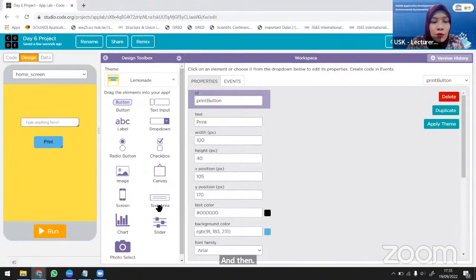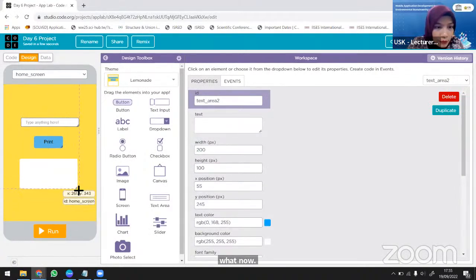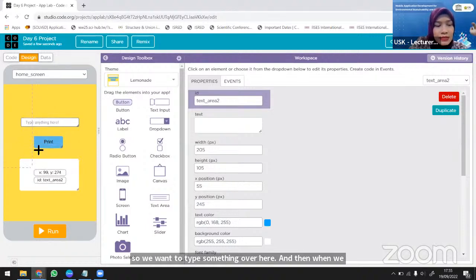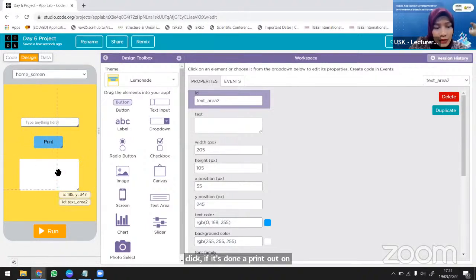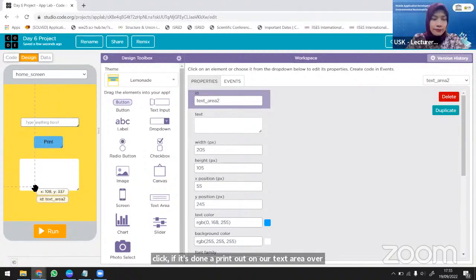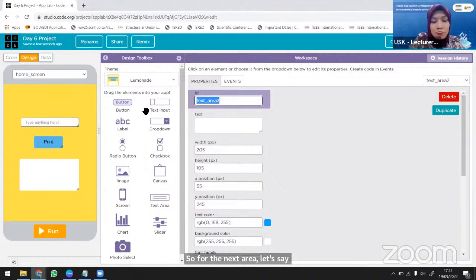what now? We get the text area where we can print our input. Okay, so we want to type something over here, and then when we click, it's going to print out on our text area over here. Okay, that's the idea. So for the text area, let's say we call it print area. This is for the print area. Okay, and then